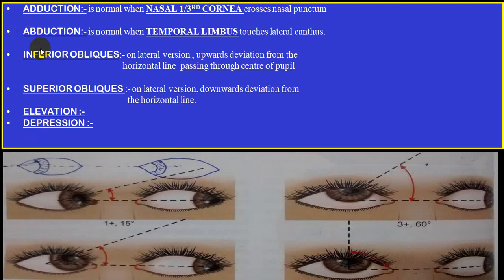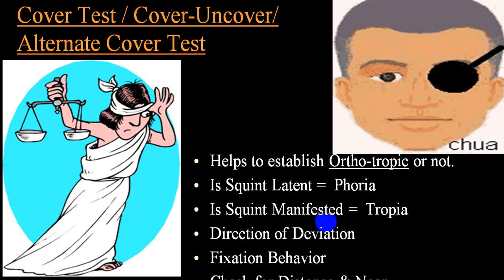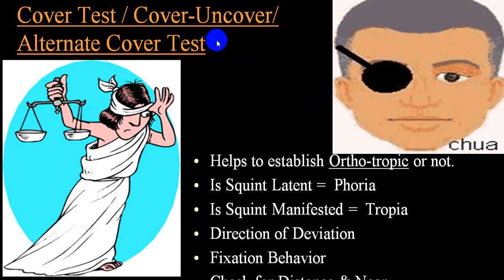So adduction, abduction, you look for that. Elevation and depression. These are vergence movements you try to look for, and try to identify the type of squint by different movements. Then you can go for the cover uncover test or alternate cover test and try to identify